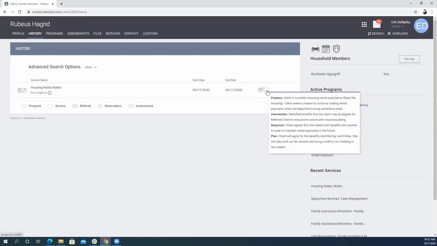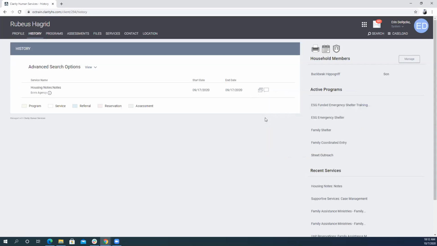If you don't see the service yet, you should see it by the end of the day. And you can start entering your housing notes as soon as you're ready. This is not required for all of the agencies participating, but if you are entering housing notes into HMIS, please use this housing service. And if you are not using notes in HMIS, please consider at least doing these housing notes, because it'll help other agencies that are also trying to serve your clients. And at the end of the day, the goal is to help clients and make this as easy for them as possible.